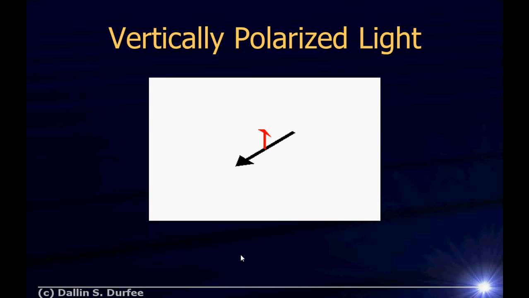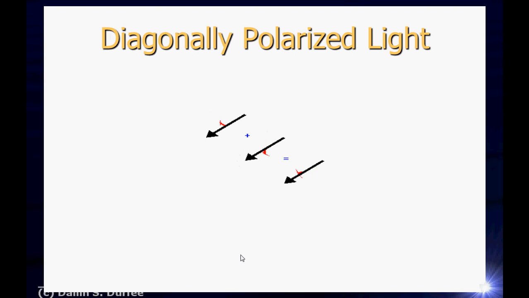You're probably thinking, well, that's not fair for me to just consider horizontally or vertically, because there's a lot of other directions. There's an infinite number of other directions the light could be oscillating at, which would be orthogonal to the direction of the light propagating. But it turns out we only need two polarizations to describe everything. For example, if you look down here, I've got light which is oscillating at 45 degrees relative to horizontal, right? Halfway between horizontal and vertical. You can just think of this little oscillating vector as a sum of a horizontally oscillating vector and a vertically oscillating vector. You add them together and you get this.